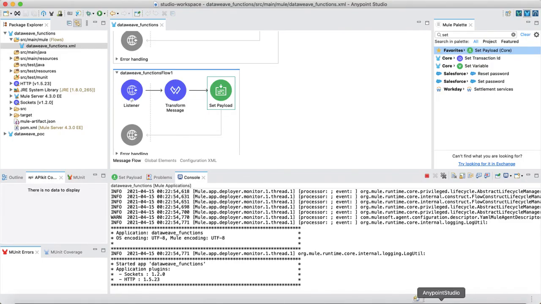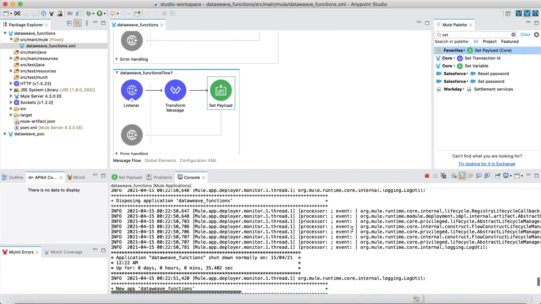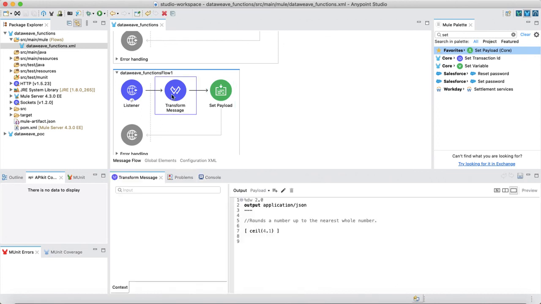So I think we are good to go with the mathematical functions that are provided in DataWeave, which I could find was this only. So yeah, I think we are good to go with these 3 mathematical functions. It will be very handy if it comes along in some use case. So you just need to make sure how the formatting needs to be done and how the function needs to be used. So that's it for today's session.